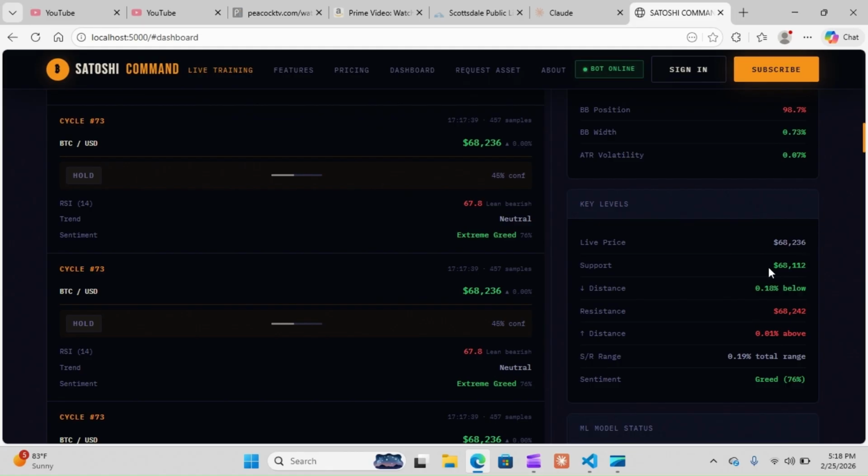You can see if we move down 0.28% from where we are now, we will be below support. So if we move down below 68,305, we'll be below support. Our resistance is 68,354, which does the exact opposite of support. Support is the thing we bounce off of that keeps us afloat. Resistance is the thing we bump into that keeps us down. So we have resistance here at 68,354, and our live price is 68,305. That lets us know we're 0.07% away from being above resistance. So if we can move 0.08% above